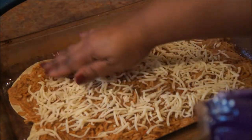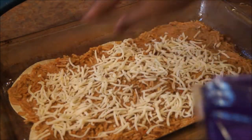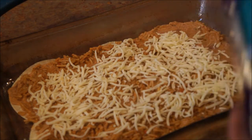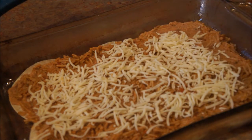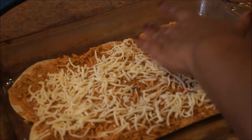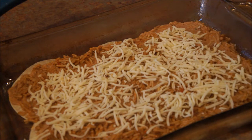You can use any cheeses that you desire. Sharp, cheddar, anything you want. The reason why I'm using this cheese is because it's light, it's white. And when I'm doing a chicken enchilada, I like a white looking enchilada. Okay, so we're gonna just cover this layer with